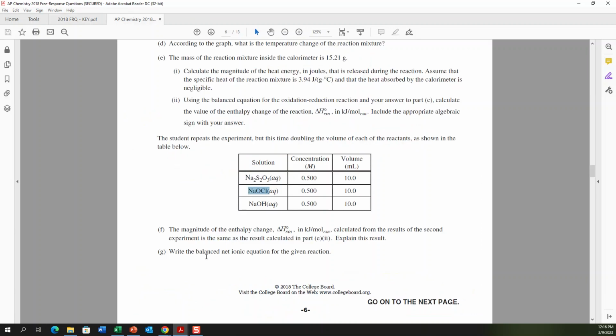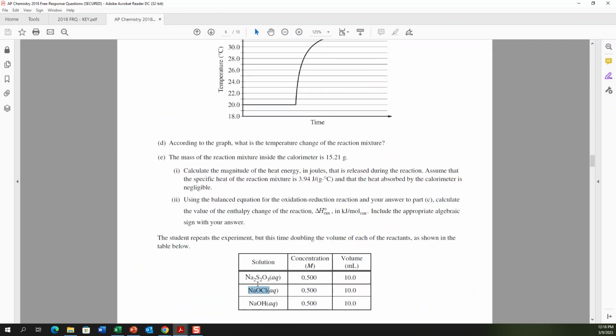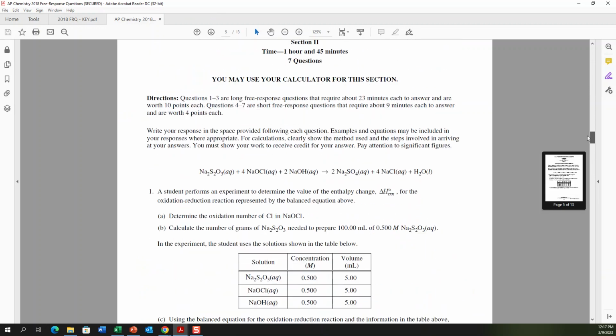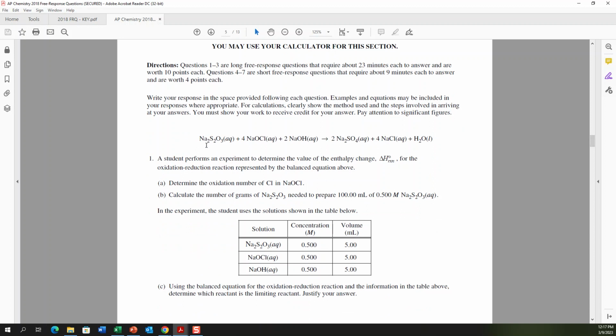And then write the balanced net ionic equation for the given reaction. So they gave us the reaction. Here, we're at part G of the question, and they give us everything we need, right? All of these are aqueous ionic compounds except for the water, and so aqueous ionic, you separate. So this is 2 sodium ions, 2 thiosulfate ions, 4 sodium ions, 4